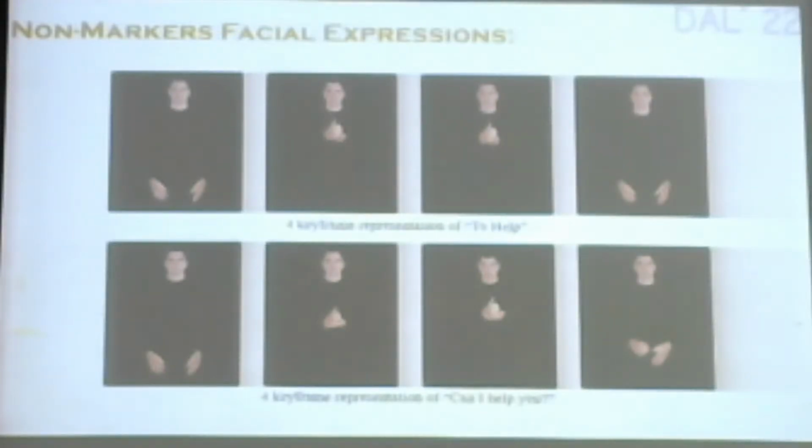So here is another example. These are two different classes. One is "to help," the other one is "can I help you?" They look extremely similar, but what makes them differ from one another is the facial expression that is occurring over here. Now we are trying to extract those specific non-manual markers, and going through the domain analysis, we observed that